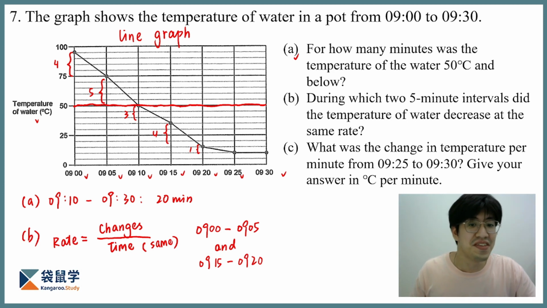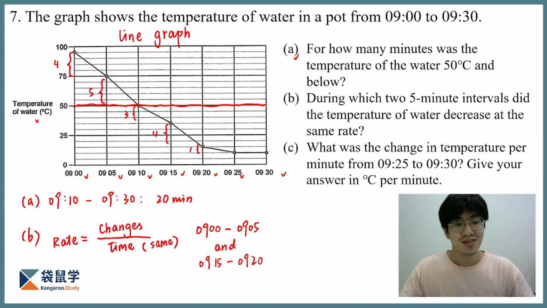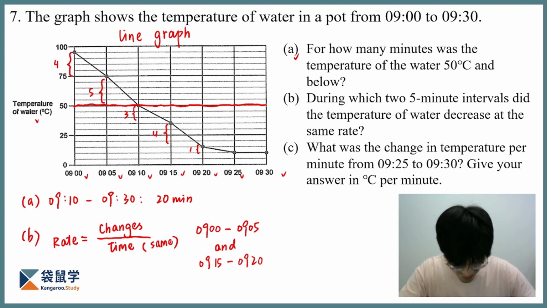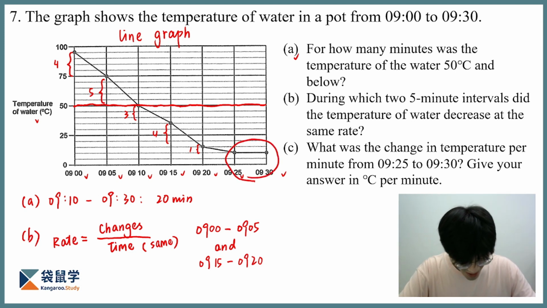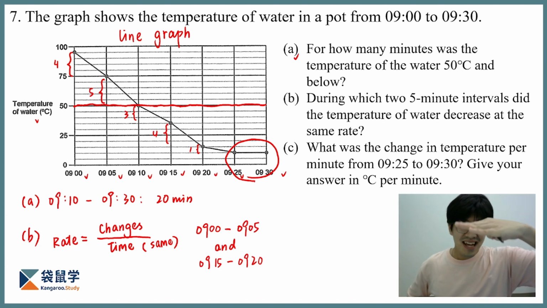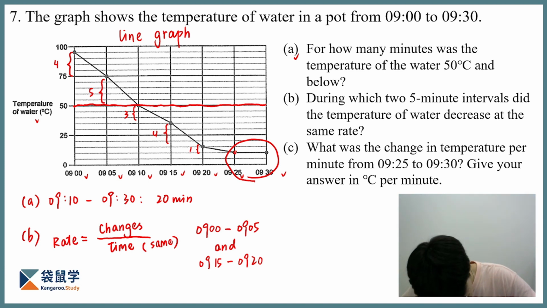Now moving on to the third. What was the change in temperature per minute from 0925 to 0930? 0925 to 0930 is this part over here. What's the answer? This one should be quite straightforward. Is there any change in the temperature? We started off at this point, and then we ended up at this point,